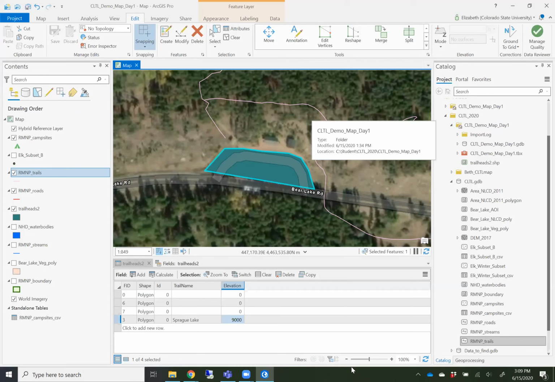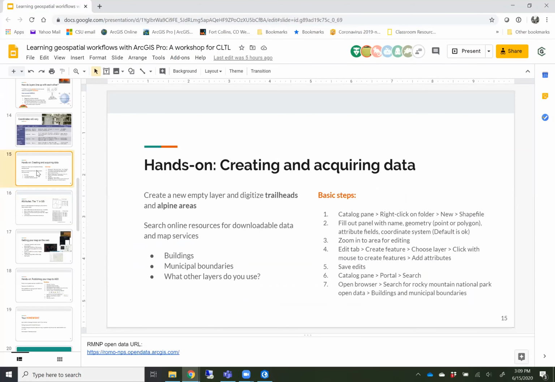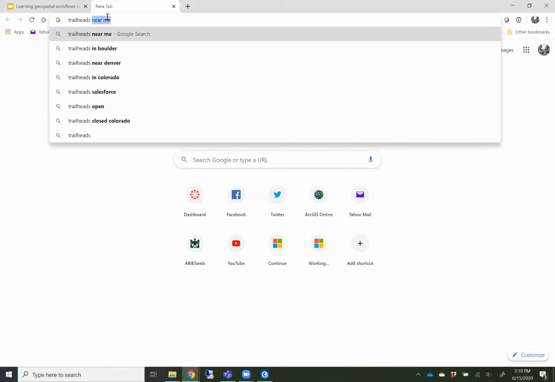So the simplest way to say that part here is just Google. I mean, like literally Google will get you very far in looking for data. So let's take a look. I'm going to open a new tab. And here I am in Google. And I'm just going to type in, what are we looking for? Trailheads for